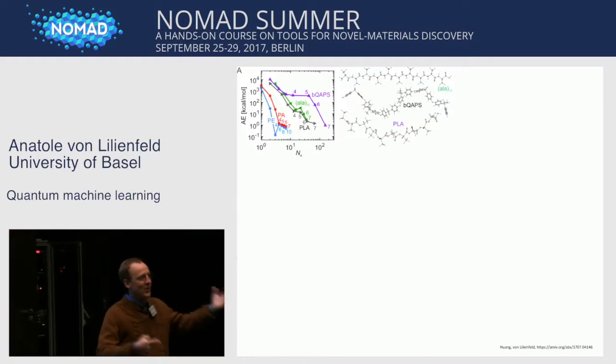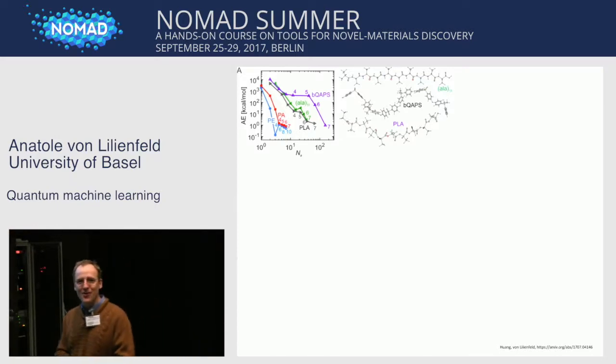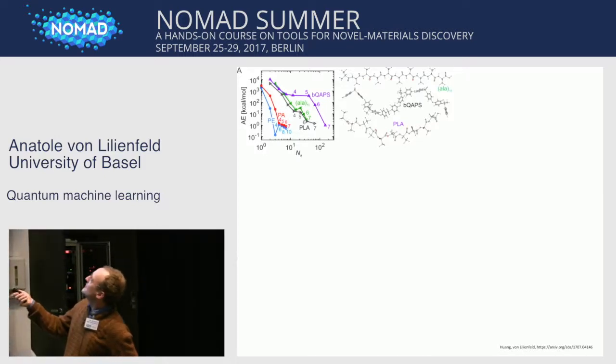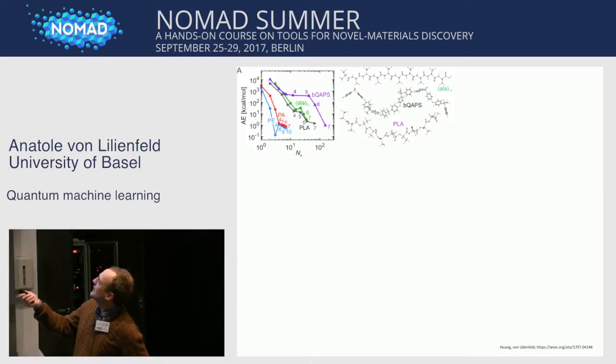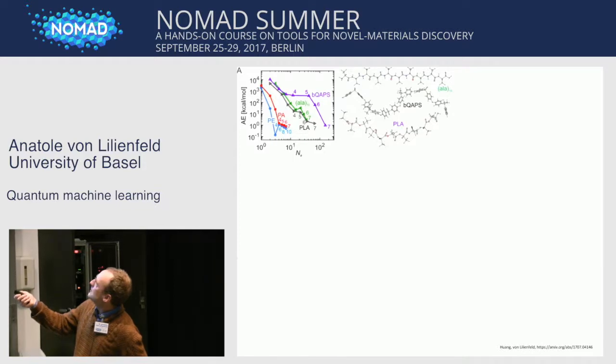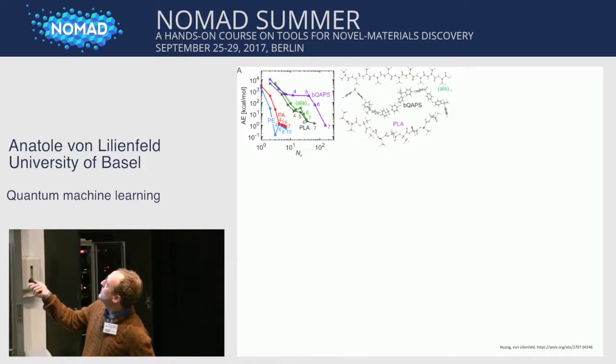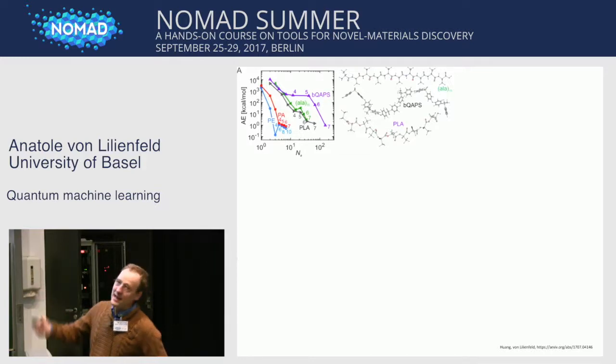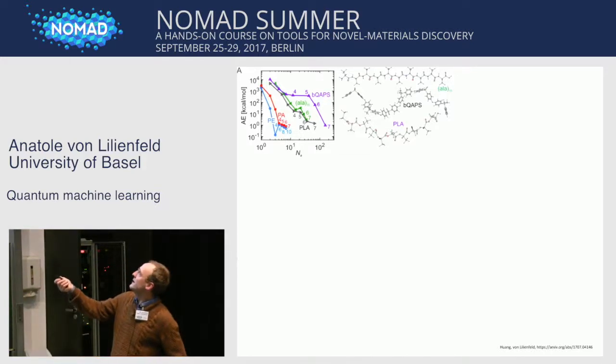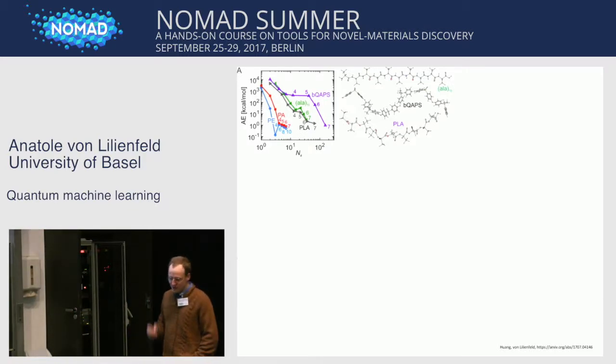We wanted to see where it works, where it doesn't. So we have a couple of systems where we tried this. These are polymers. You have the usual polyethylene, polyacetylene, not shown, but here are 3 more less usual molecules, polymers. And you see as a function of, so this is number of amines, right? So with less than 300, you can get this polymer with chemical accuracy. And the numbers in here show you the size of the amines. So you have 300 with no more than 7 atoms you need for this, right? So this is also very important, right?